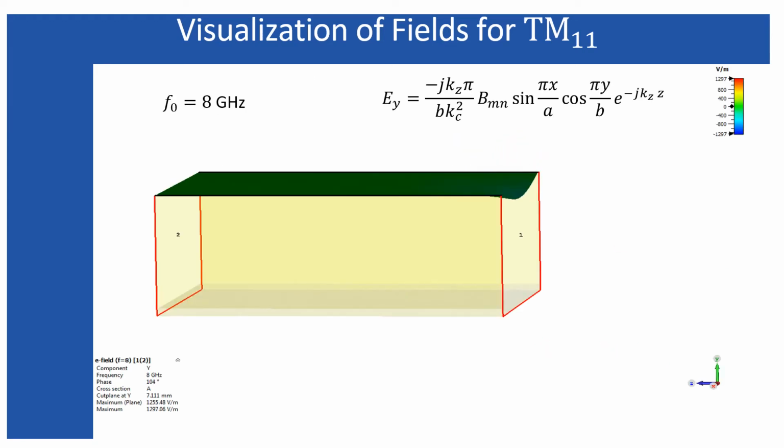Before observing the rotational field, here I have just excited this waveguide with an 8 gigahertz excitation frequency. From the value of this excitation frequency, you know that 8 gigahertz is less than 10 gigahertz, which is the cutoff frequency of the waveguide. Therefore that wave cannot propagate. Although you are exciting the waveguide, while the wave is trying to propagate through the length of the waveguide, it gets decayed, and you get nothing at the output or the other port. That is what this animation is showing you.